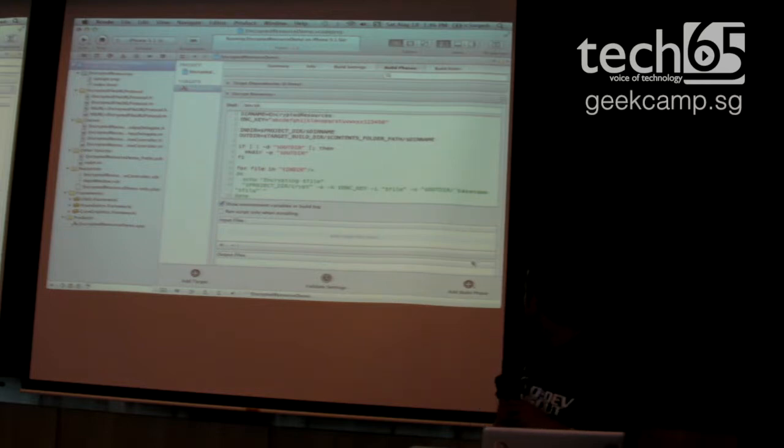Okay, so you have this add build phase icon here. You can click on this and select add run script. This is where you can